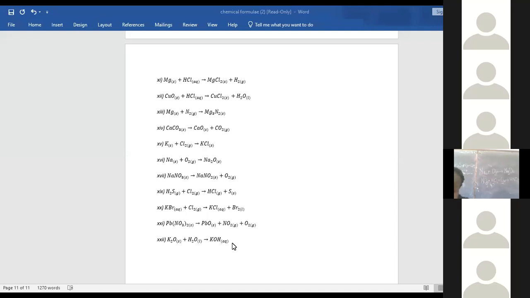So young ladies, can I encourage you to make sure that as long as you come across any equation, practice how to balance it. I said this is our last lesson as far as balancing equations is concerned, but the principle continues. Miss, we're stopping balancing equations? Yes, we are going to start a new topic on the